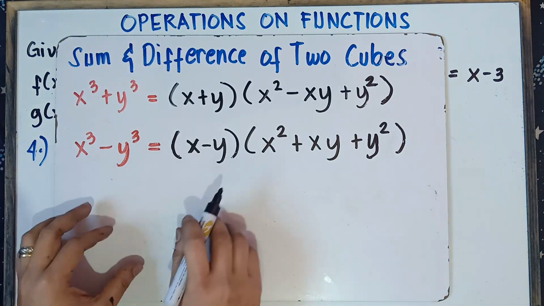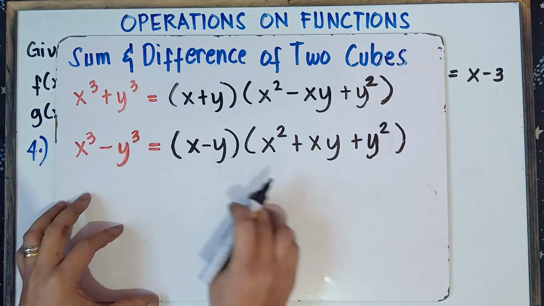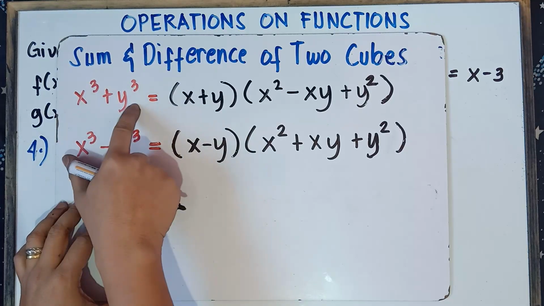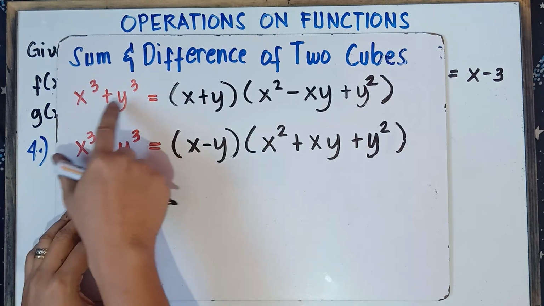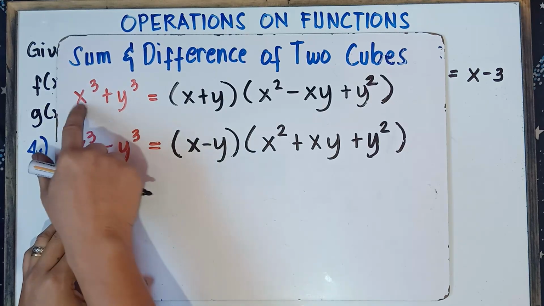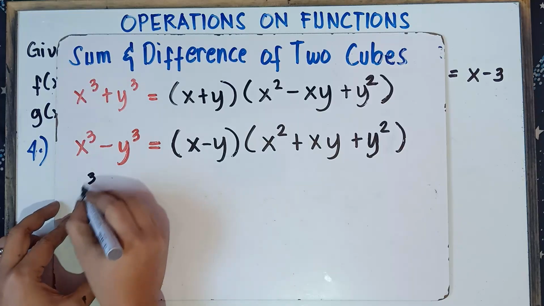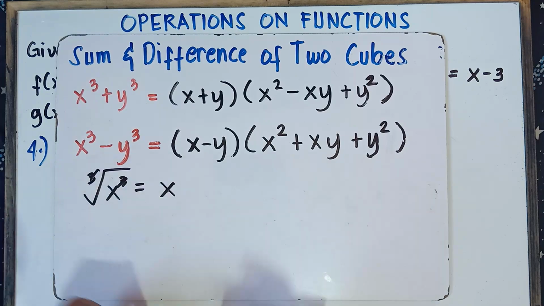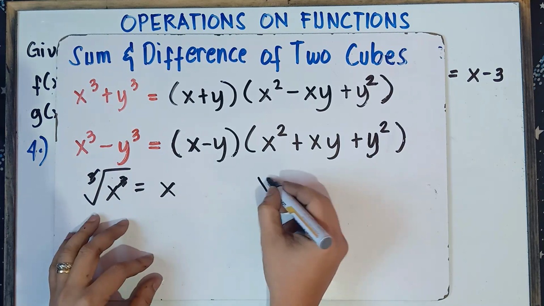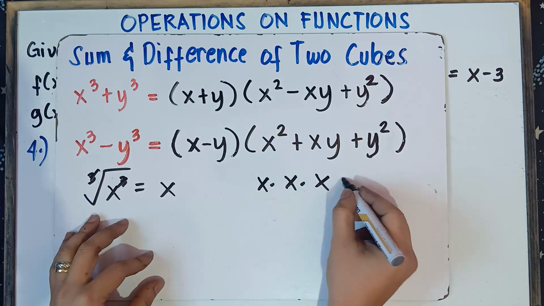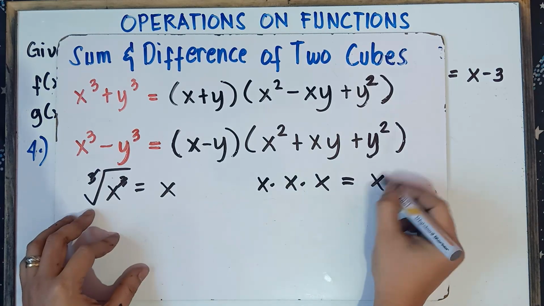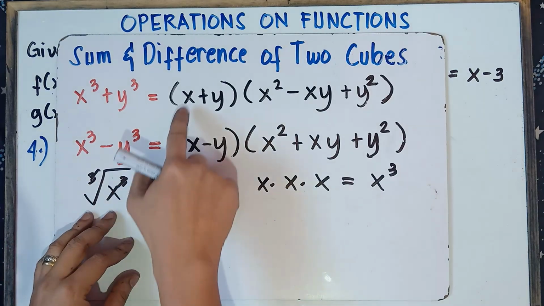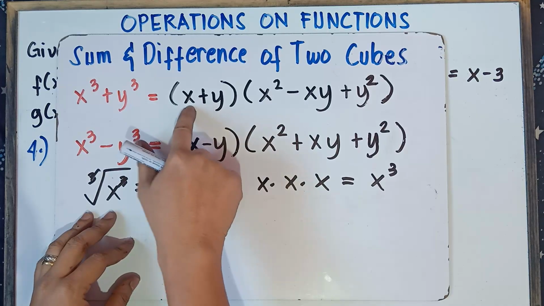But let's have a short discussion, class, how to get these factors. To get the factor, class, if your first term is a perfect cube and your second term is a perfect cube, and you have a plus sign, simply get the cube root of the first term, the cube root of x cubed. That would be x. Question, why is that x, sir? Because if you multiply x by itself 3 times, x times x times x, that would be x cubed, right? So therefore, the cube root of x cubed, that would be x. So that's why we have x. That would be your first answer.